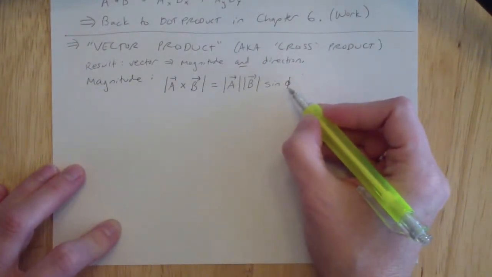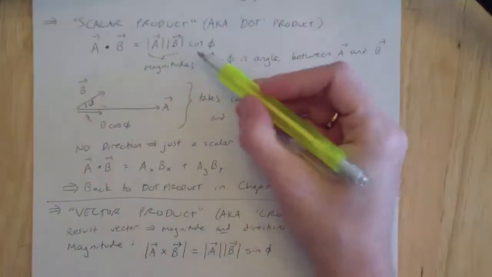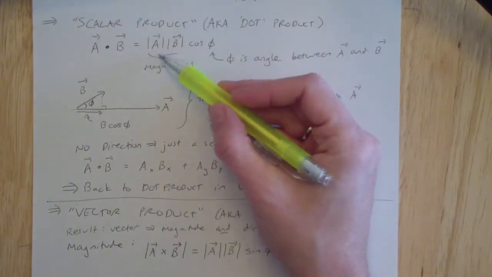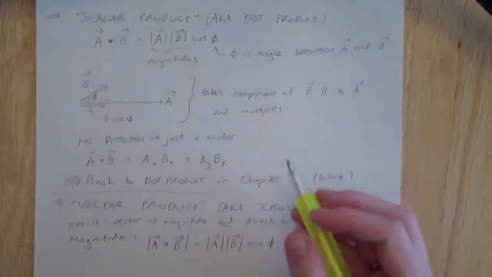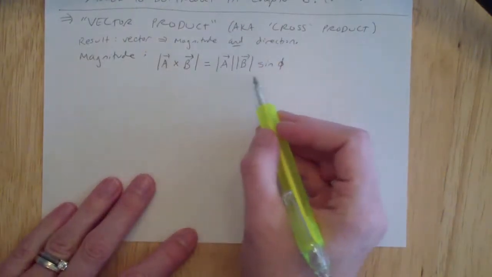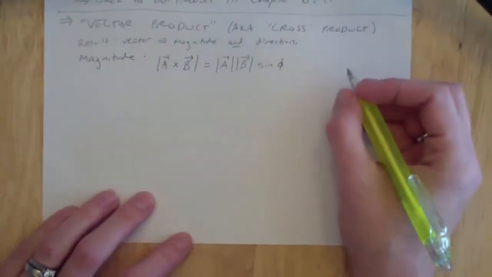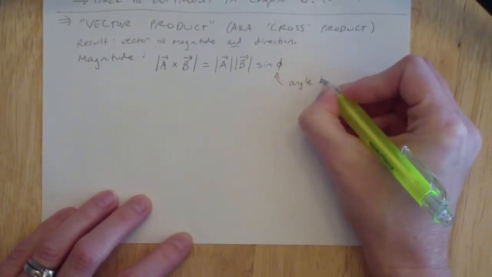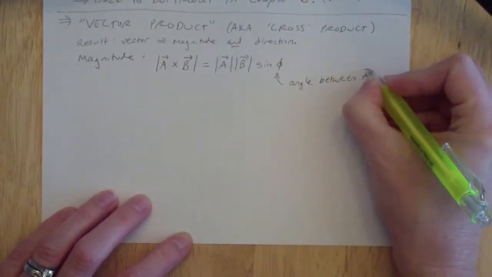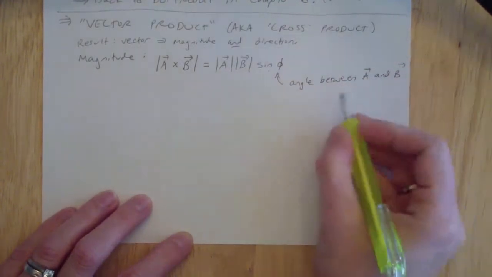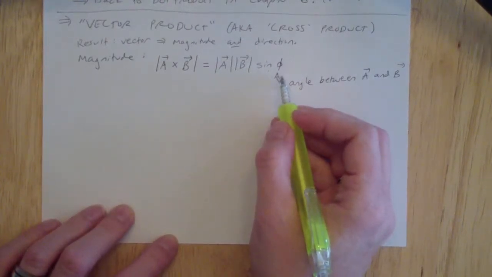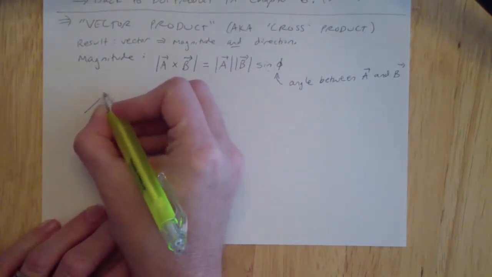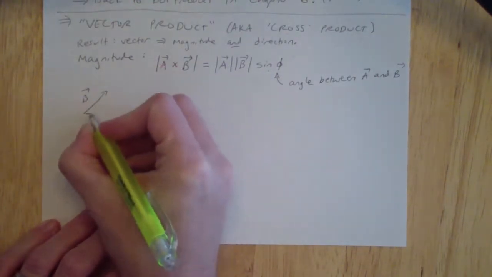So it's actually not very different than our description previously for the scalar product, where it was the cosine of the angle between them. So for the magnitude of the vector product, it's simply now the sine of the angle between them. And again, I'll write down here that this is the angle between A and B. Sometimes the problem doesn't necessarily give you the angle between A and B, but then you need to figure out what it is. So if we again take these same vectors, where I had B drawn at some angle